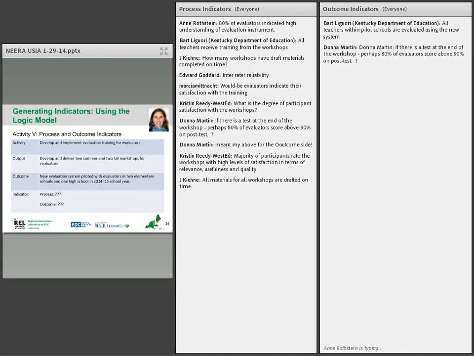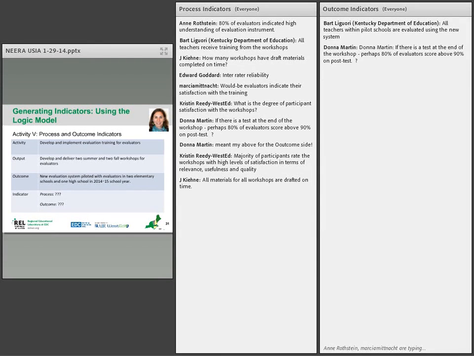Let's see what people have in terms of outcome indicators. All teachers within the pilot schools are evaluated using the new system. Yes, so let's say that you've got these 3 pilot schools and you've done all this training. You want to see that the pilot actually goes off as planned, and that would be an outcome for the pilot, that the evaluation would be conducted on all the teachers who are supposed to be evaluated